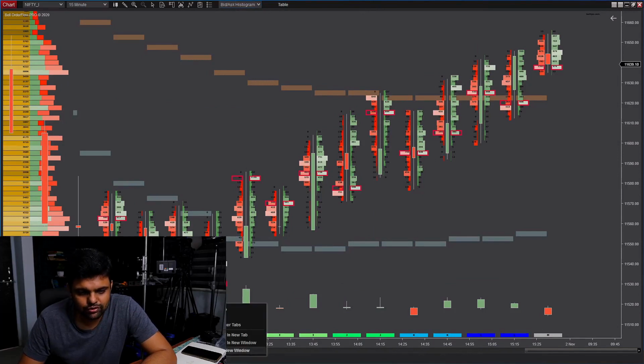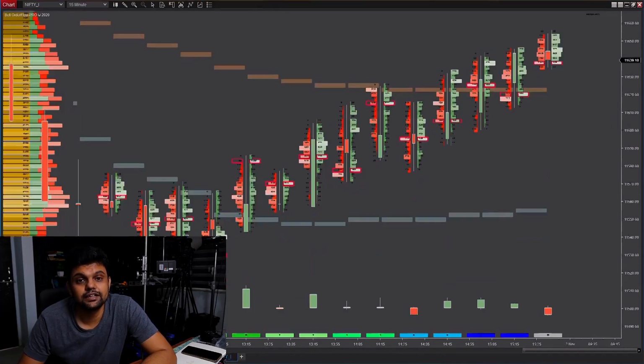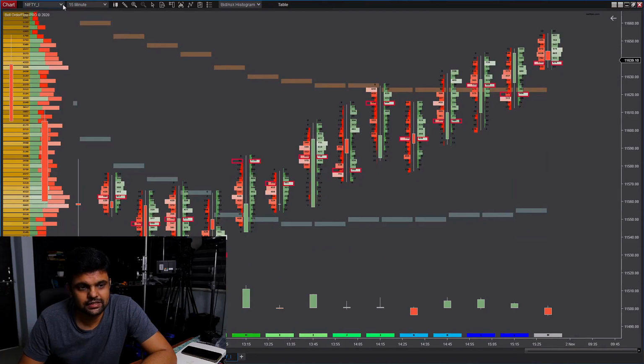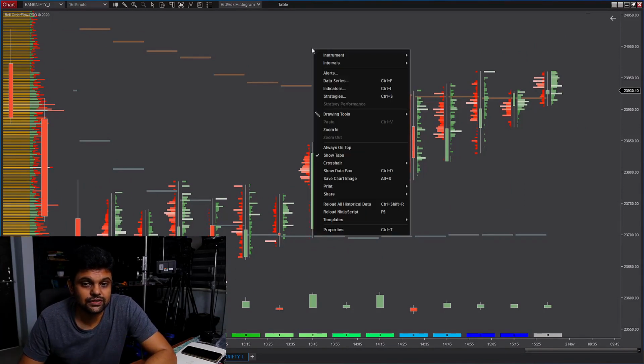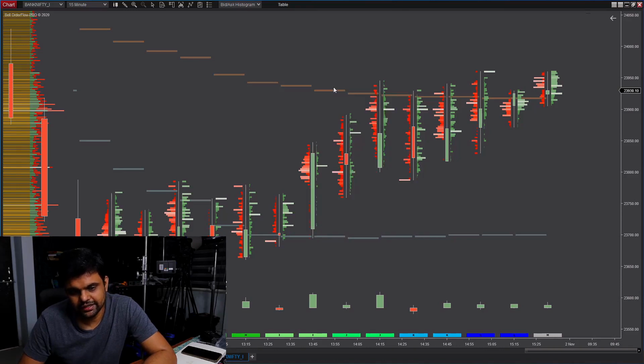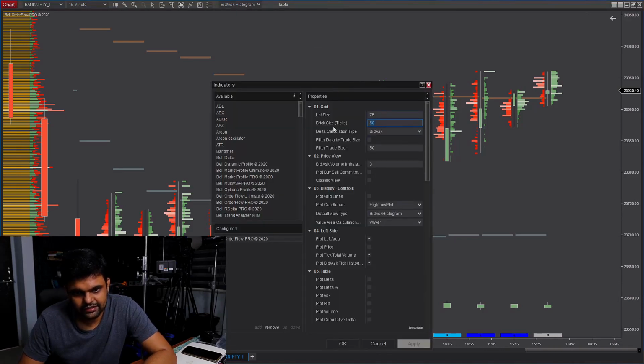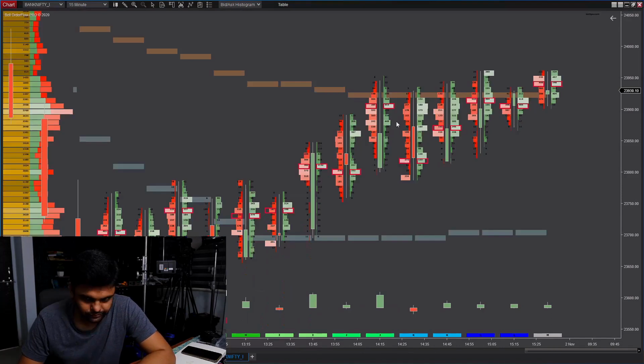All I have to do now is right click, duplicate in new tab, and now I have the same chart for Nifty. Again I will select Bank Nifty, and this has plotted it for Bank Nifty. Now we selected 175 as our brick size on VSA chart for Bank Nifty. I'll go here indicators, and here instead of 50 I will plot 175. Now again I have a nice looking order flow chart.